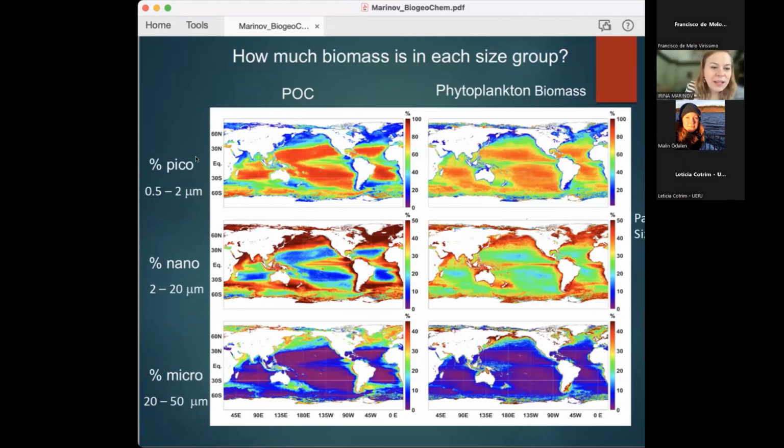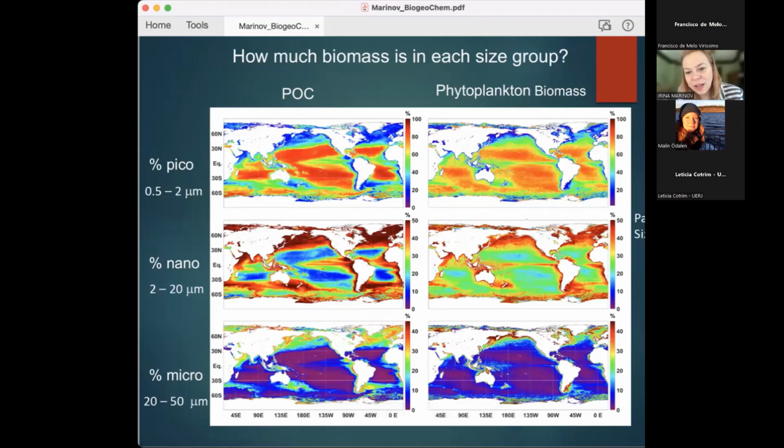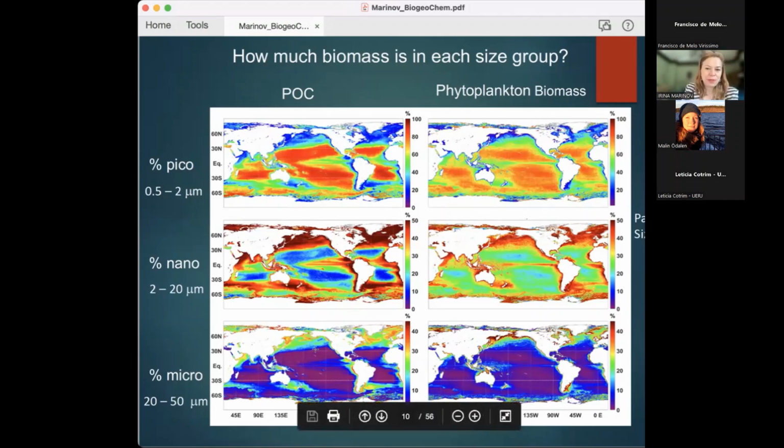So again, this is just to confirm that the smallest guys, the picos, live primarily in the low latitude oligotrophic gyres, as expected from previous work. While the larger guys, the nanos and the micros, do much better in upwelling regimes, for example on the west coast of the Americas and Africa, and the high latitude subpolar regimes. Okay, so now